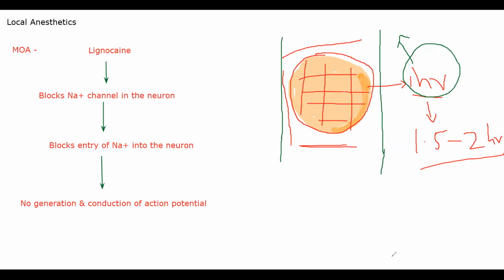Another thing it will do is, because absorption becomes slow, the chance of systemic toxicity will also decrease. As it gets absorbed, it will get metabolized. There is no chance for it to get accumulated in your body. So if you slow down the absorption of the drug by giving adrenaline, I mean absorption into the rest of the body, if it is not getting absorbed in the rest of the body and is staying in that position, the chance of systemic toxicity occurring will be lower.